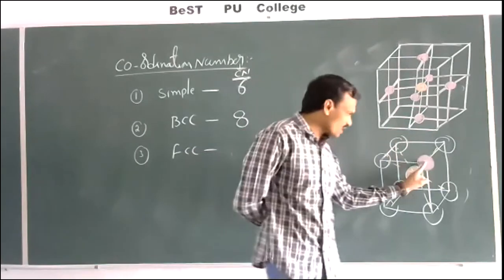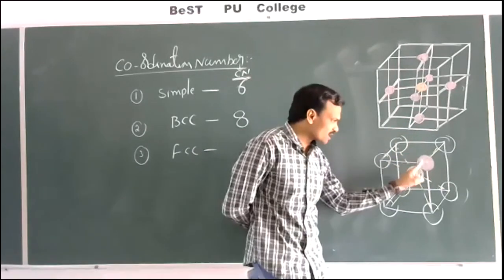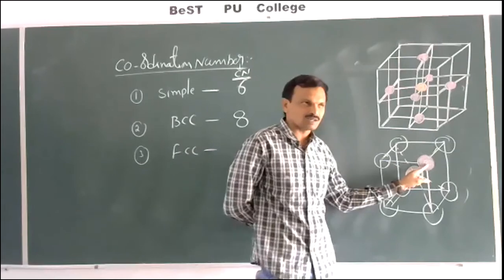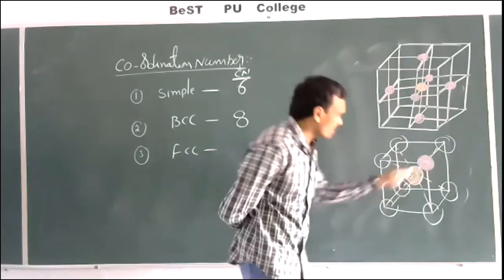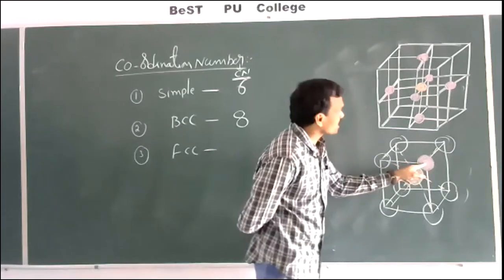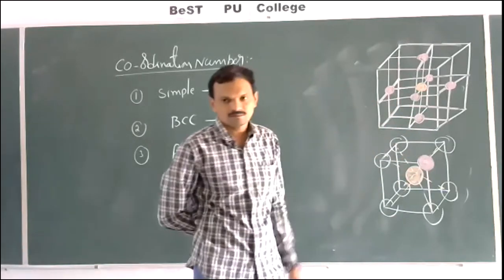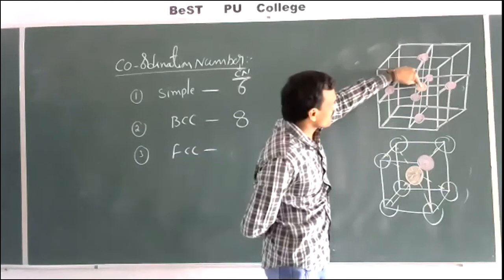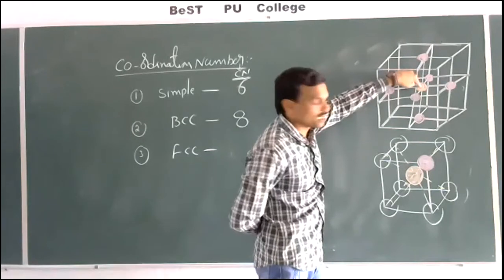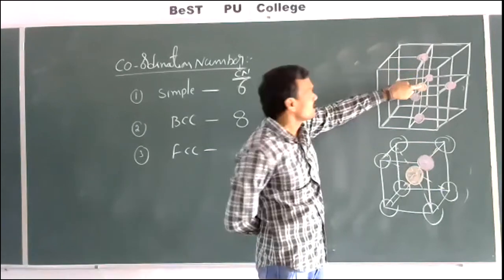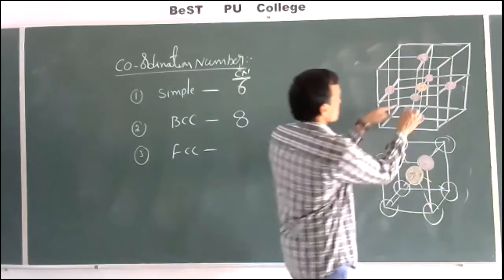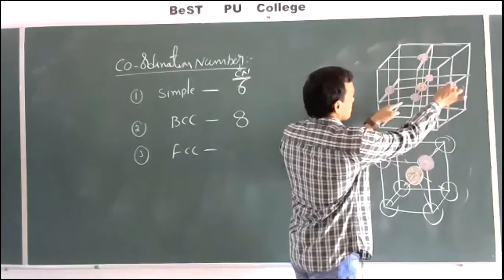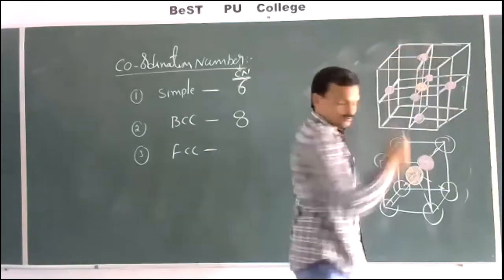Now, if you select one corner particle, this corner particle is in contact with the body centers of 8 unit cells. Now, this particle is also in contact with 8 unit cells. Means nothing but, if I select the particle here, this particle will be in contact with the body centers of these 8 cubes. So this is the body center of this cube. Here one body center, here one body center, here one at the top 4.